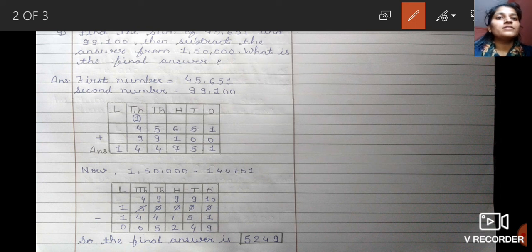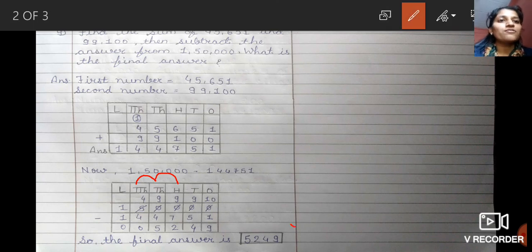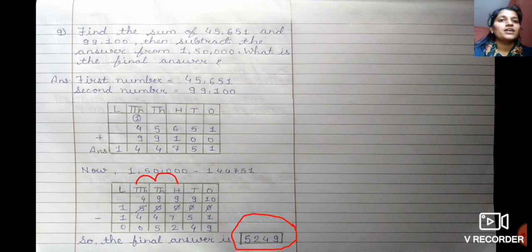So sorry, from 1,000 also we have taken a borrow. So 9 minus 7, 2, 9 minus 4, 5, and in the 10,000 place 5 minus 4, 0, because we have borrowed one number from 10,000 also to 1,000, and lakhs 1 minus 1 will be 0. So students, here you can see that our final answer is 5,249. That means the final answer is 5,249.